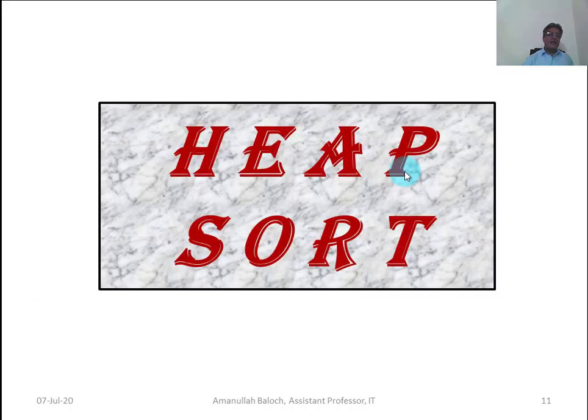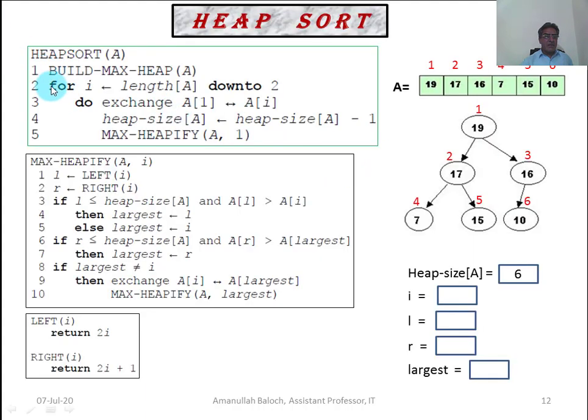Heap sort calls the build max heap procedure for building the unsorted heap into a max heap format. That is why line number 1 of heap sort has been executed, and the heap has been converted from a simple or common heap to a max heap. Now it is a max heap, and line number 1 of heap sort has been executed. Now lines 2, 3, 4 and 5 will be executed.